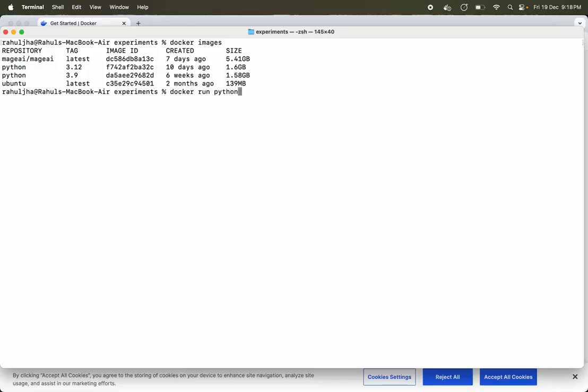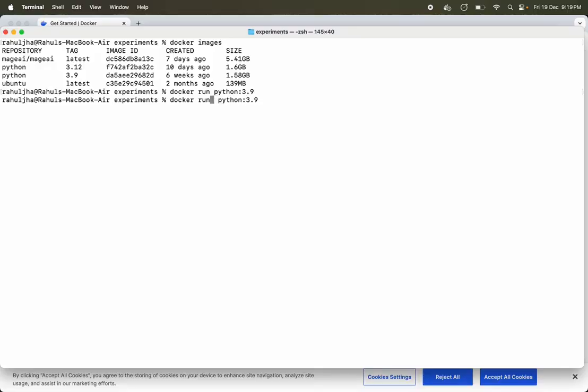Okay, notice what will happen. I will have to specify the tag as well. So the moment I run, nothing happens actually. Now why doesn't it create anything? Because when the developers of this image created a Docker file for this image, they must have specified what command will run when the user runs this image. That command must have waited for the user input and not got it. That's why it just exited.